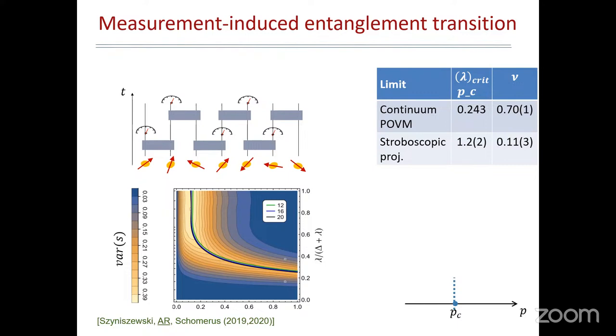What does it mean? It means that there is some universality, in the sense that the transition exists generically, no matter what kind of measure you do, but specific features of the transition, like the universality class, depend strongly on what kind of measurement you're implementing or what kind of unitary evolution you implement in the system.